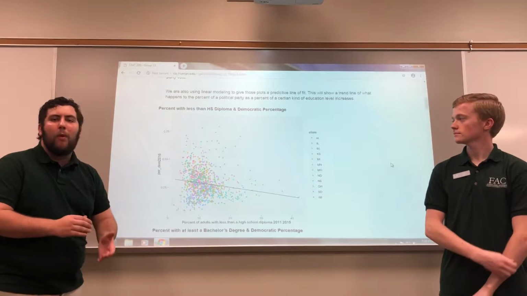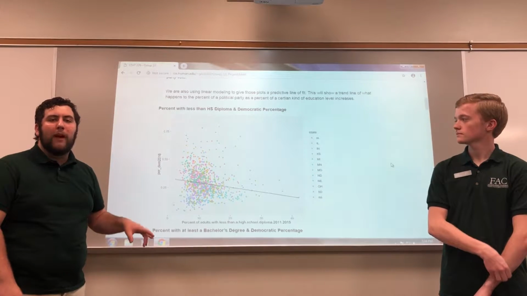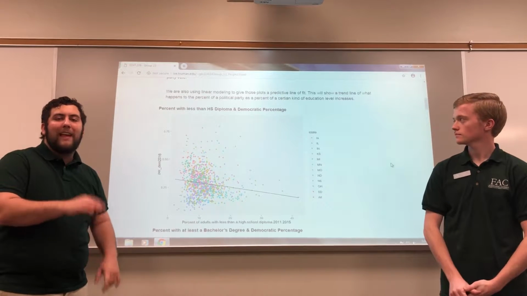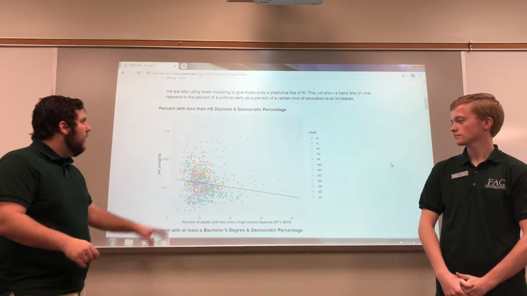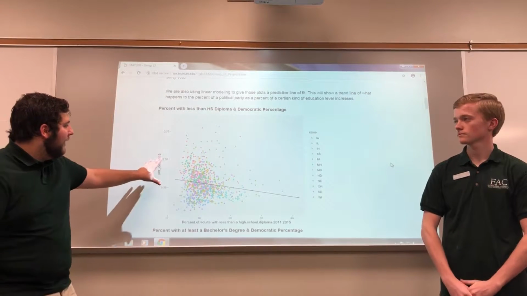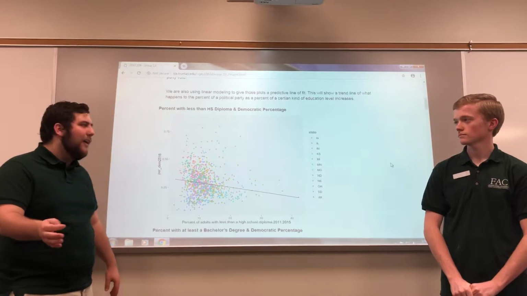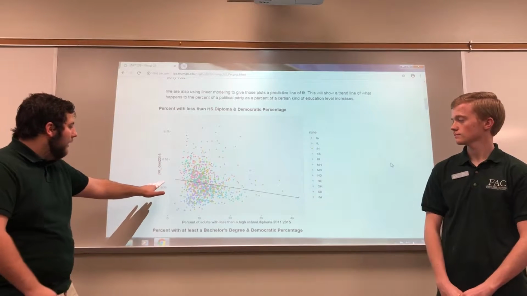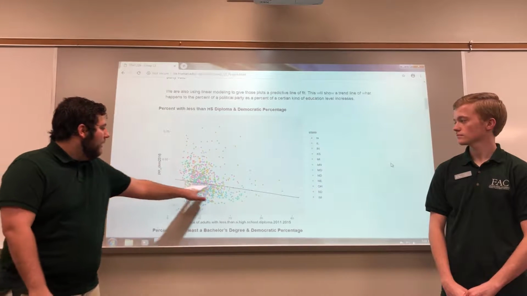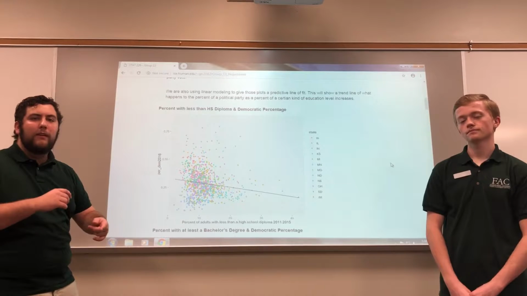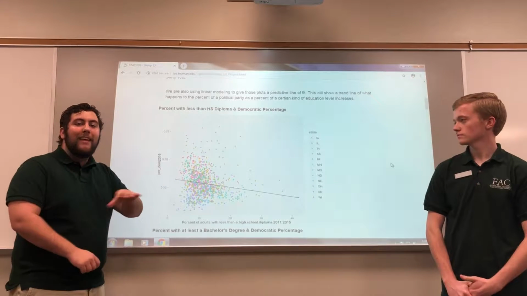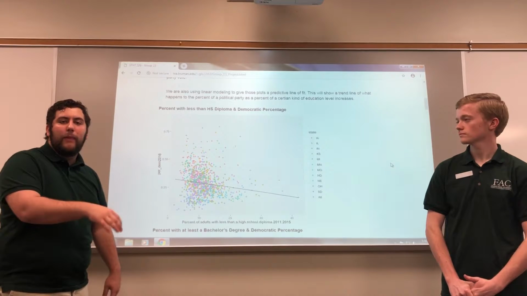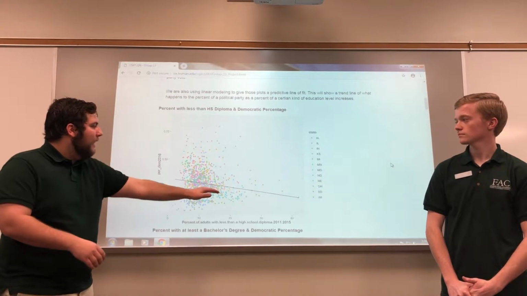So starting with this first one, on the y-axis, our variable is the percent of Democratic voters in an individual county, and on the x-axis, the percent of adults with less than a high school degree in individual counties. So overall, looking at this graph, if you looked at these individual data points themselves, which are individual counties, it'd be very hard to draw a conclusion from, which is why we added this line of fit. But if you focus on this line of fit, you see a downward trend overall, showing that when you get to higher percentages of adults with less than a high school diploma, then you tend to have a higher percentage of Republican voters in those same counties, overall showing that downward trend.